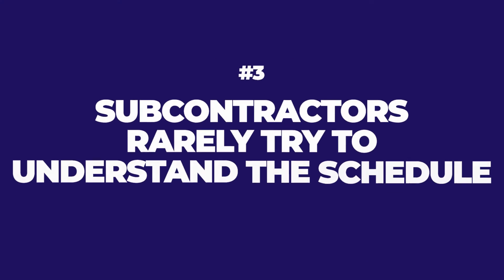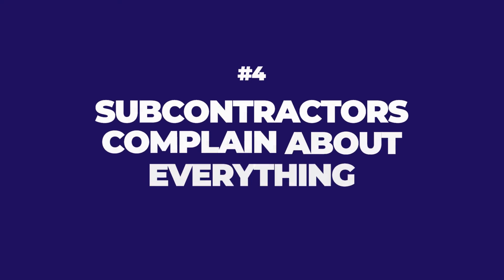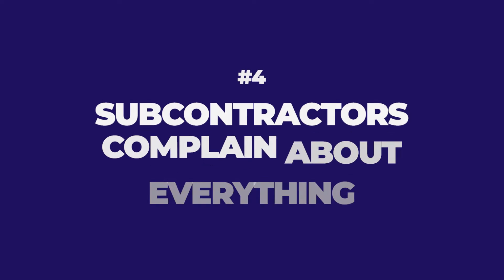Number three, they rarely try to understand the schedule. Now, in their defense, most general contractors don't know how to schedule, and they have these huge unseeable and understandable traditional CPM schedules, but they don't try to understand the schedule. After the meetings, they roll it up and throw it in the trash. Number four, sub-optimized subcontractors complain about everything. Well, I don't have that. Well, they're in my way. Well, what about this? Well, that contractor did that. Or, hey, they're not done. Whine, complain, never partnering and proactively solving problems.